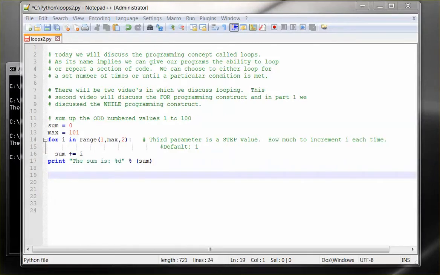Okay, this time we're going to discuss an extra parameter in the range command. We've always previously, in the two examples, just used two parameters. What number do we want to start with? What number do we want to end with? There's actually another parameter that is optional. It defaults to a value of 1,